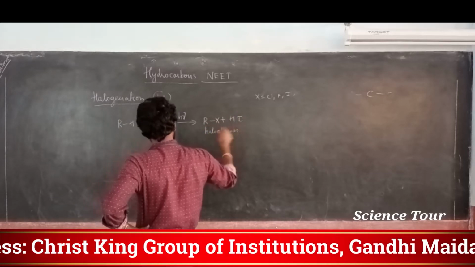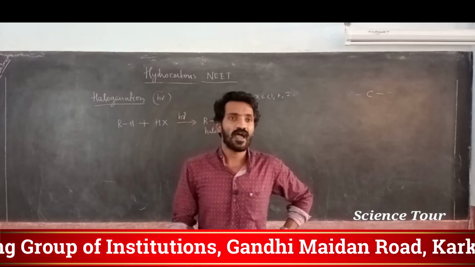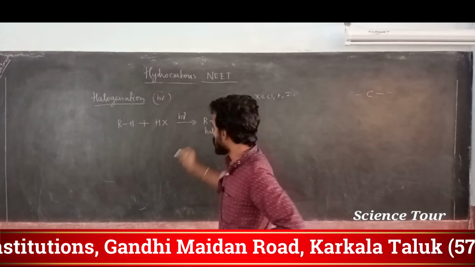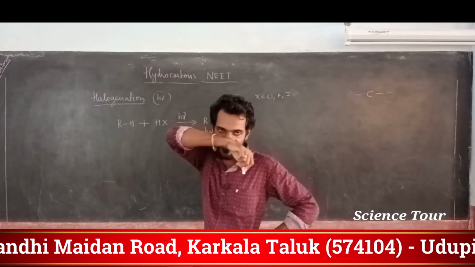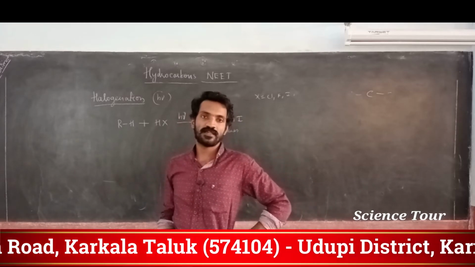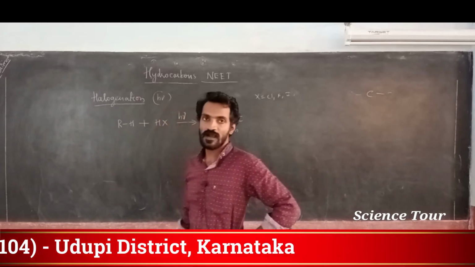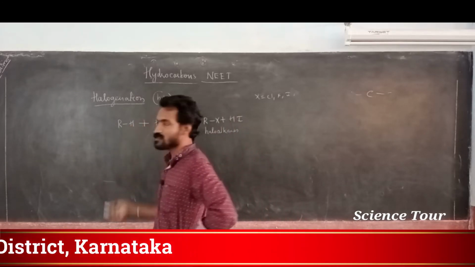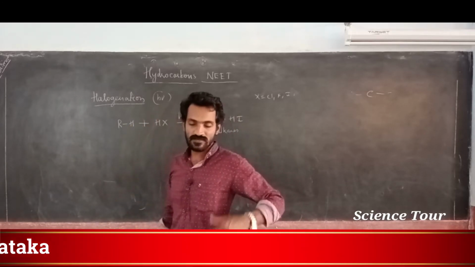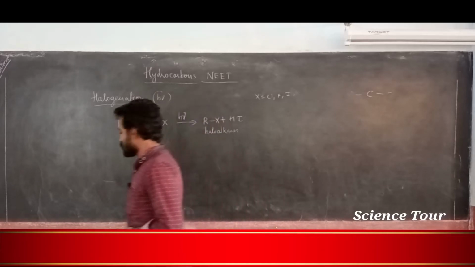My dear students, each time I can't explain the same thing. Haloalkanes, haloalkanes. What is haloalkanes? It means halogen with the alkane. R means alkane, any alkyl group. Understood? So this is alkane, RH. That means CH3H, CH4 it may be. Understood? Like that.